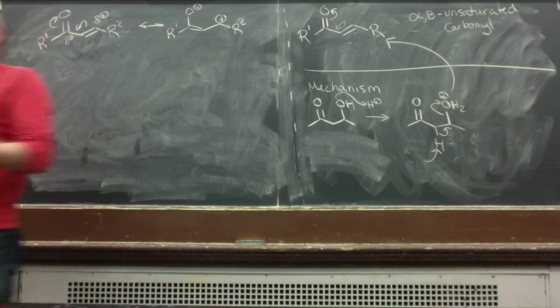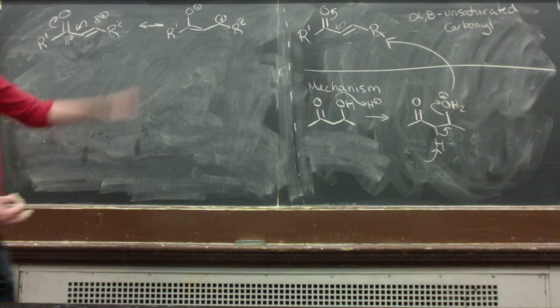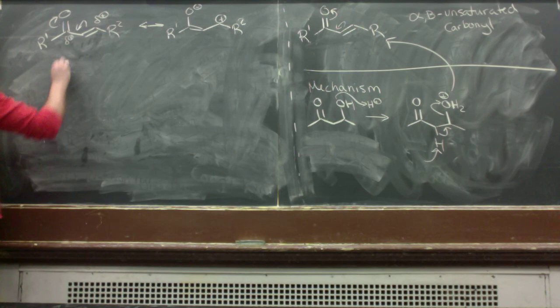So in the case of an enolate, enolates are a little bit softer nucleophiles, right? That charge is a little bit spread out, and so much in the same way that a cuprate will add to the beta carbon, enolates will also react at that beta carbon. Okay, so if you have an enolate,